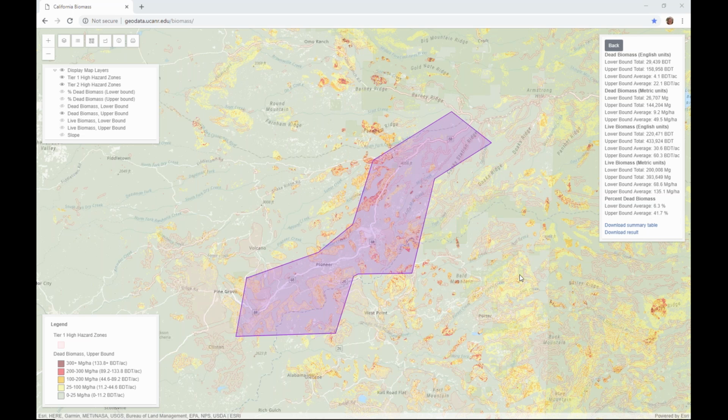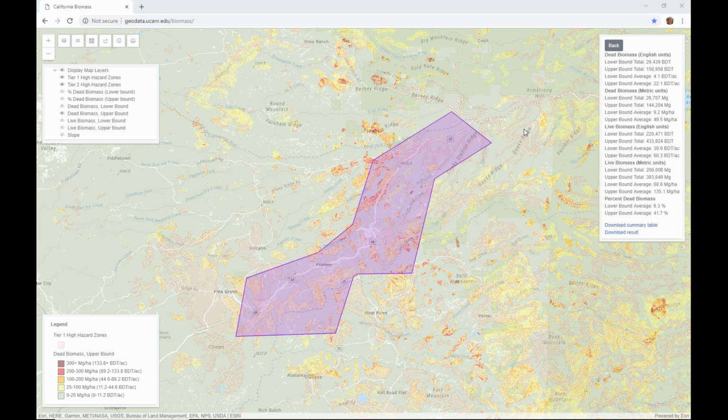And if you're interested in that kind of stuff, I encourage you to check out a Fourth Climate Assessment report that was written for the CEC that came out a few months ago. First author is John Battles. David Bell is another author on that report. If you let me know, I can send you that report, and it gives some information on the latest version of the gradient nearest neighbor maps, which are being used to develop this map.